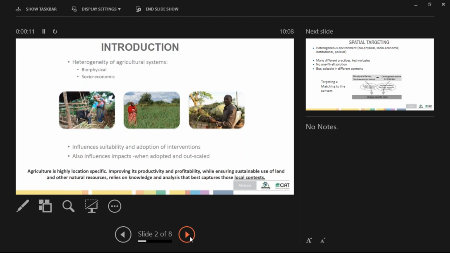As I said, it's just a few slides to get our head around why we are making or using these targeting tools. It's really in the context of agricultural development. I think the most important thing to keep in mind is that